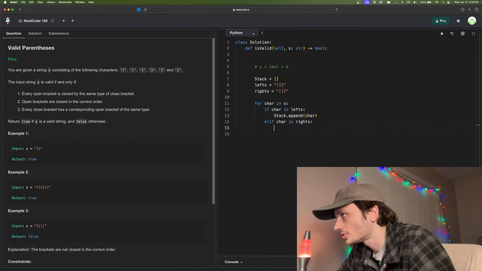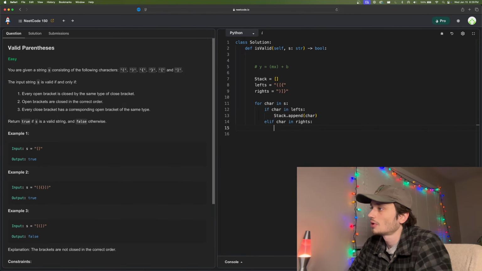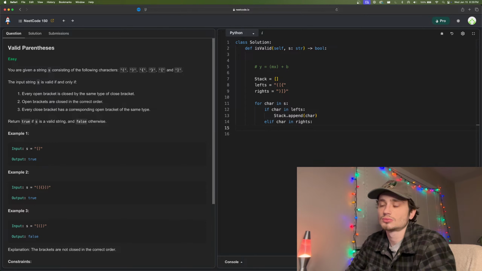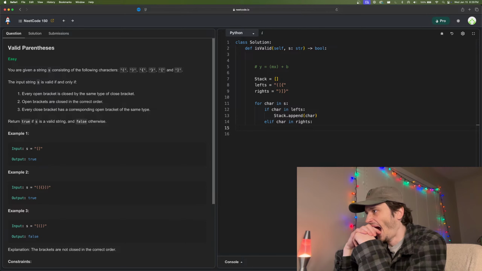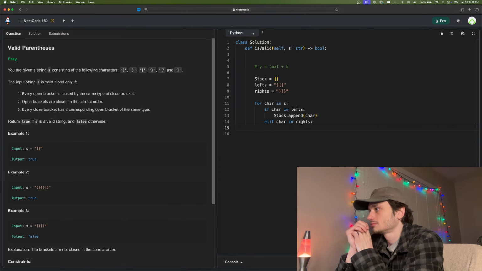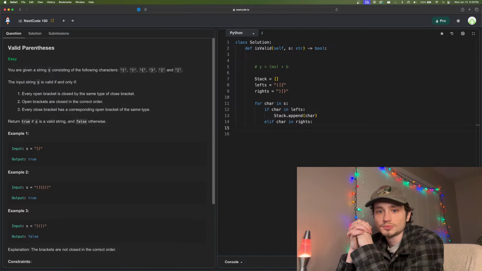If it's in the rights group, what do we need to do with it? We need to evaluate if it's in the rights group. So if it's in the rights group, we need to